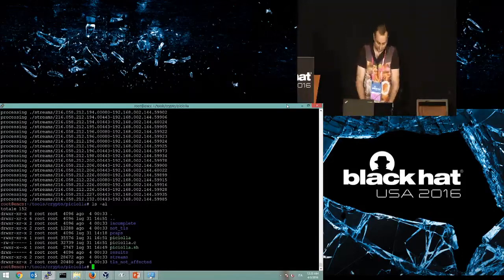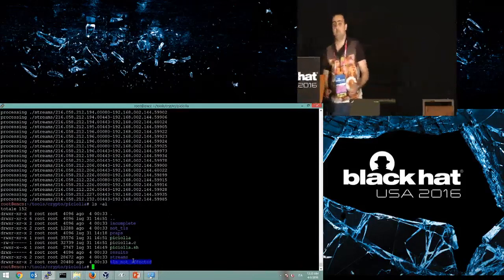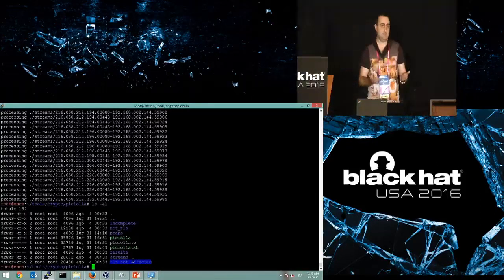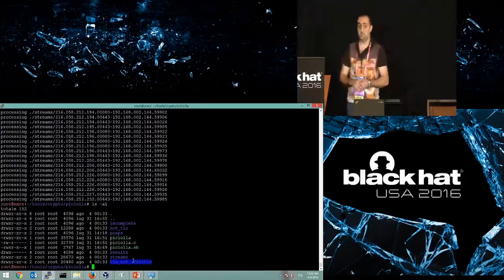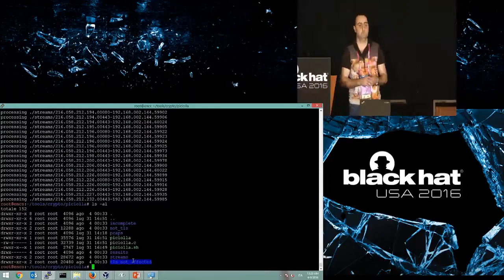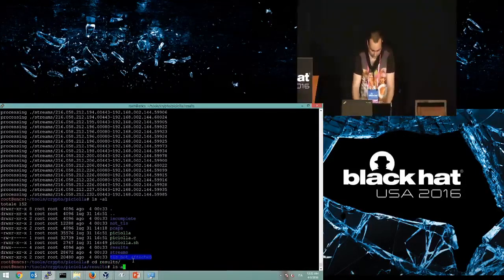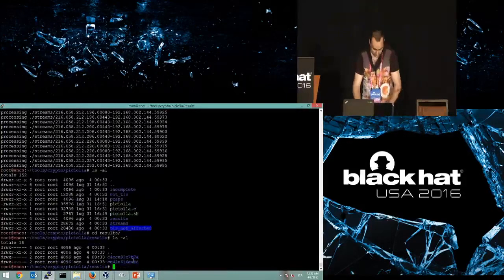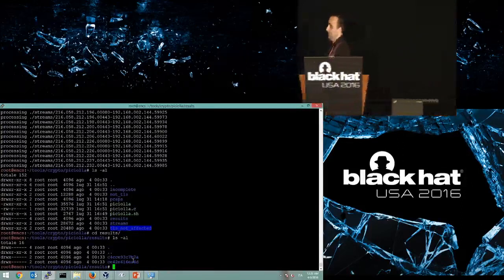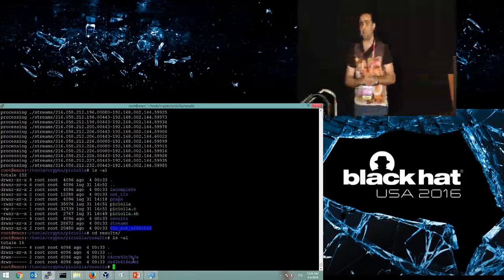The TLS not affected directory contains every TCP stream which is a TLS session, but for which it has not been possible to derive the private key. Instead, the results directory is where the leaked private keys are written.